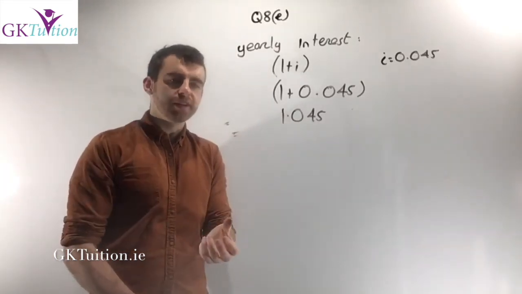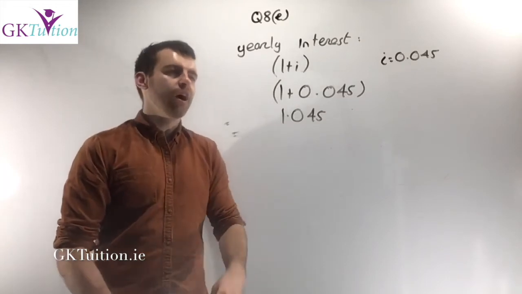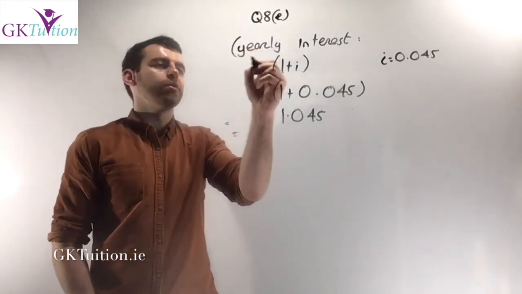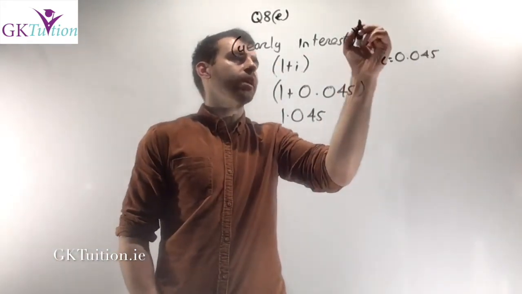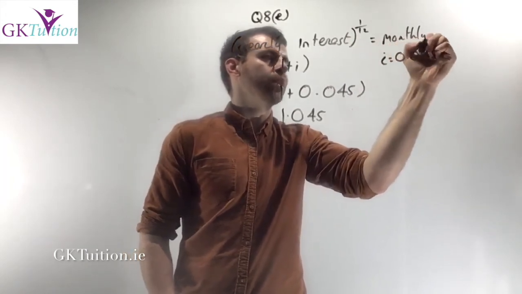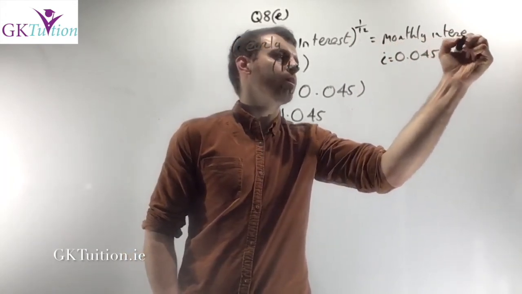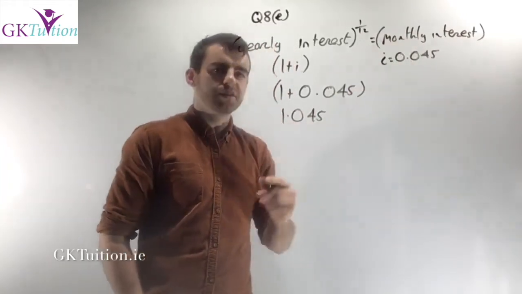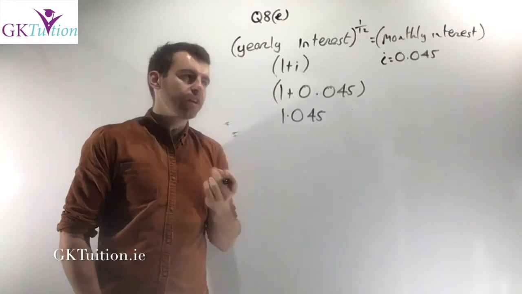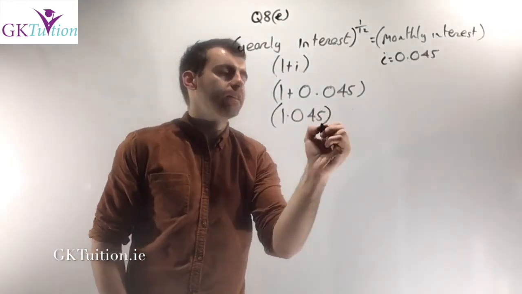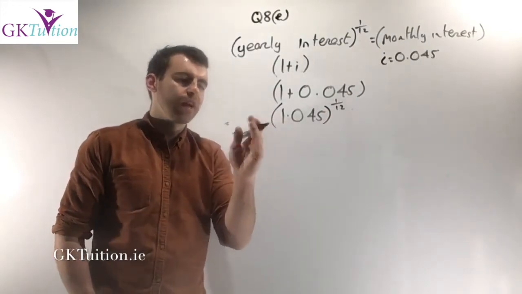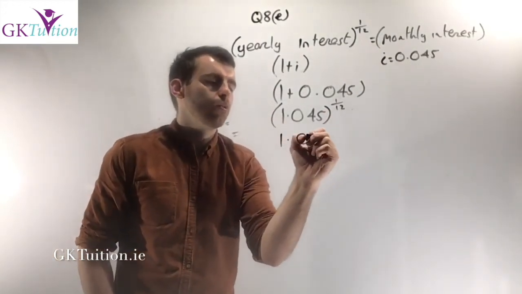In order to turn this into a monthly interest rate, I need to get the yearly interest rate to the power of 1/12, because there are 12 months in a year. If you get the yearly interest rate to the power of 1/12, that is equal to the monthly interest rate. So that's exactly what I'm going to do. The yearly interest rate is 1.045. To turn it into the monthly interest rate, I need to get the yearly interest rate to the power of 1/12. And if you plug that into your calculator, it's going to work out as